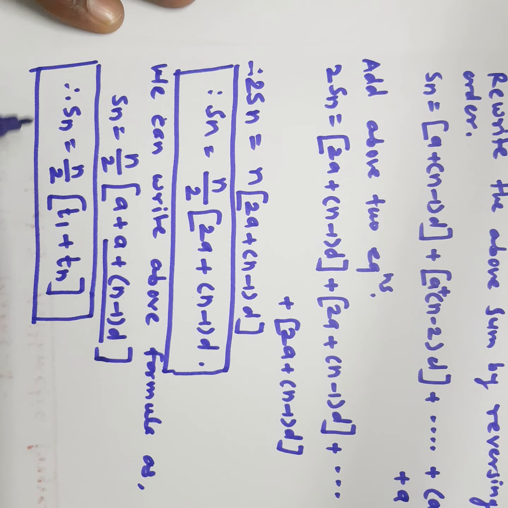If we are given the first term, common difference and total number of terms, then we can use this formula to find the sum of n terms of an arithmetic progression. Now we will solve some examples by using this formula. First example we will take,